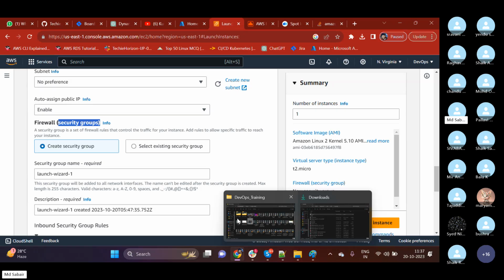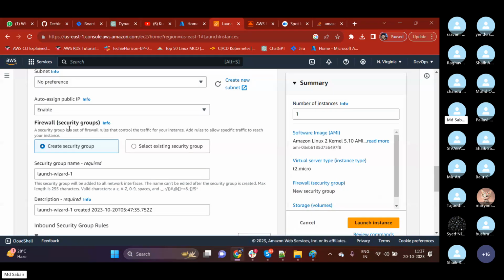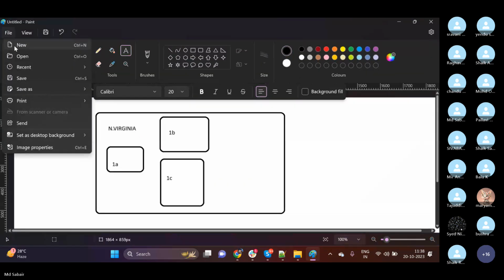What do you mean by firewall or security group? In the client-server architecture, we have learned about firewalls, right? So what does the firewall do? Firewall is a kind of software which will help us check the rules for any request that is trying to access our application. So in this case, what will happen is,